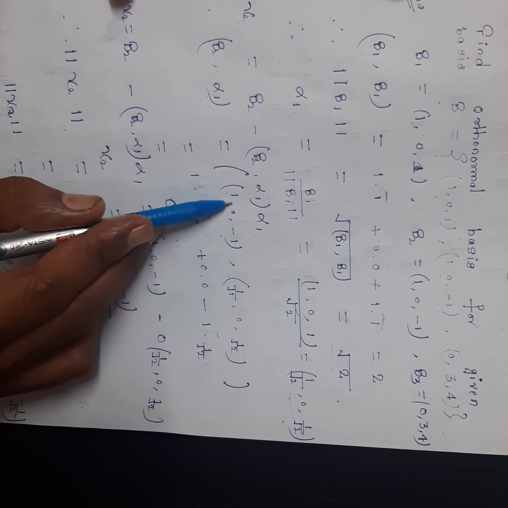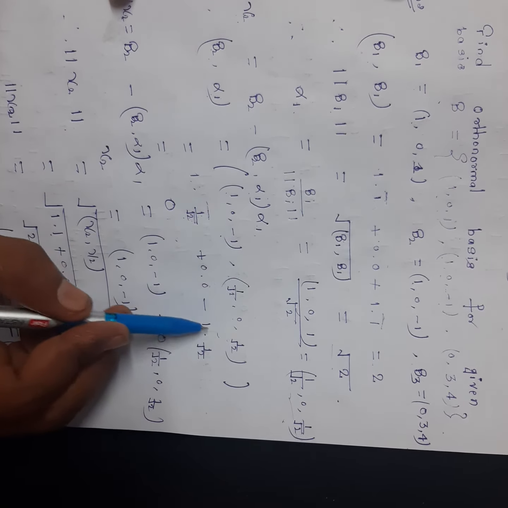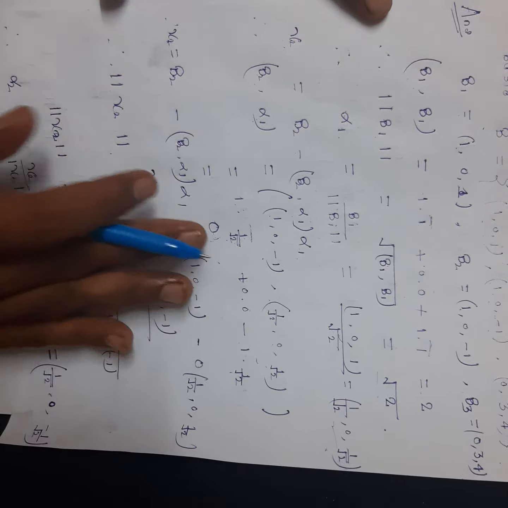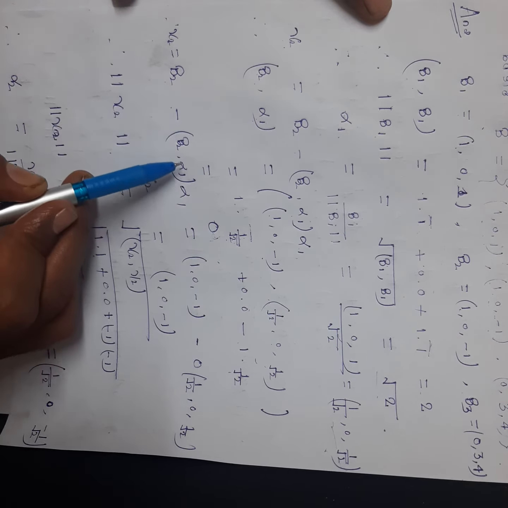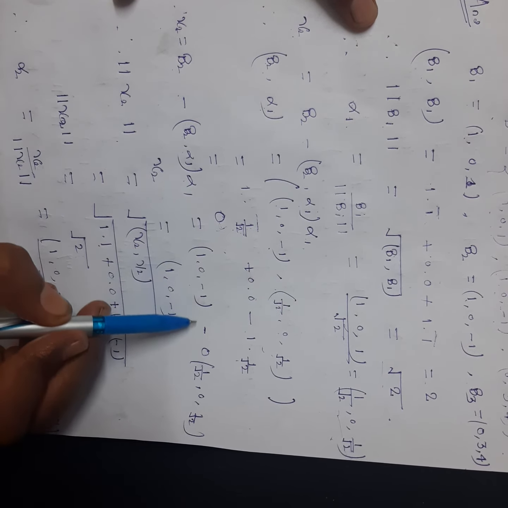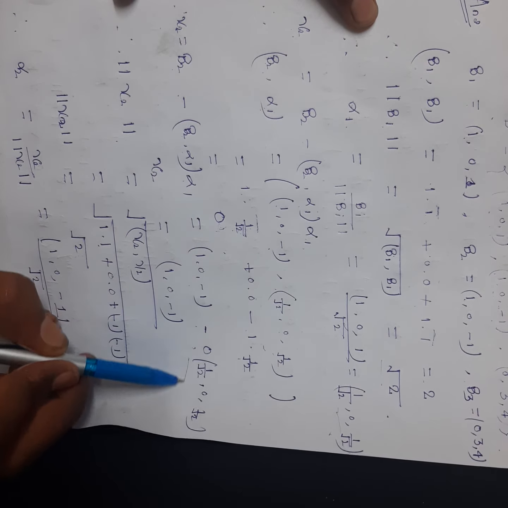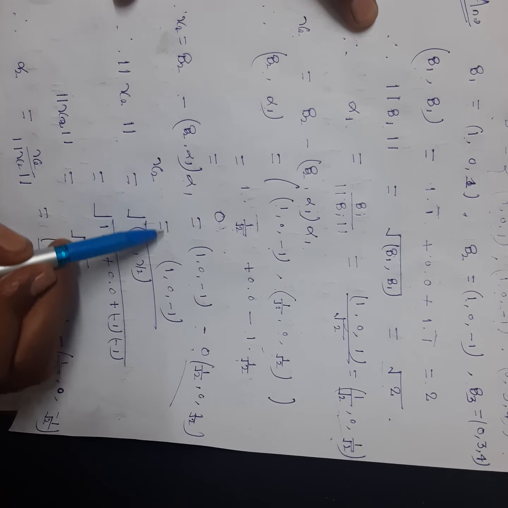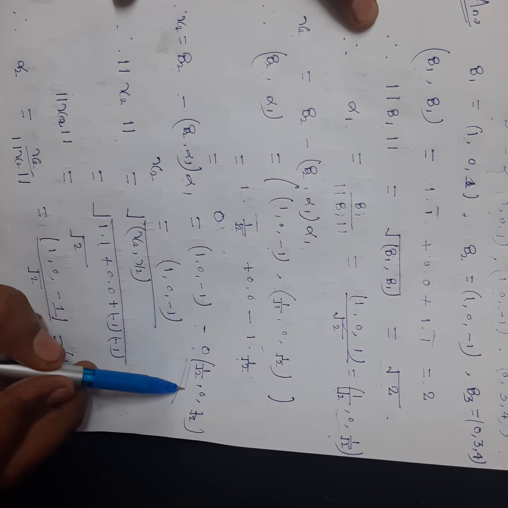Similarly, the second member with the second, and the third with the third. So finally it will be 0, and therefore gamma 2 will be beta 2 minus the inner product of beta 2 and alpha 1, times alpha 1. This is beta 2 minus, and this inner product is 0, times alpha 1. So finally gamma 2 is only 1, 0 and minus 1, because the second term will be 0.